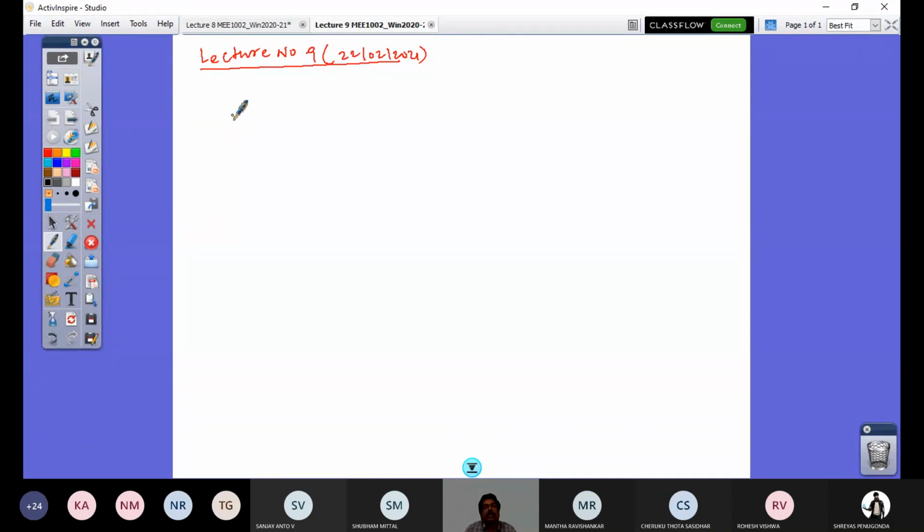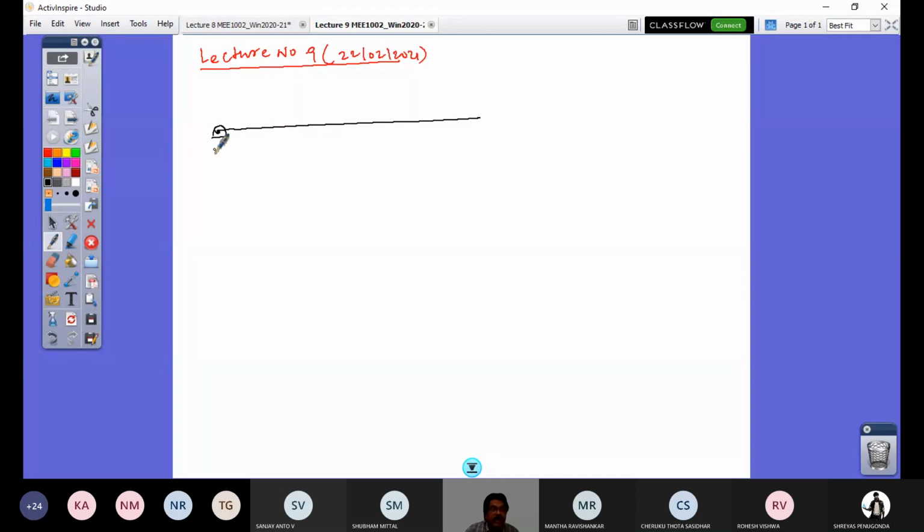In rigid body mechanics, I'm not going to explain how to draw the shear force bending moment diagram in today's lecture. Instead, I would stop at how you find the support reactions by drawing the free body diagram. That's it. So let's look at an example problem. Look at how I represent an overhang beam schematically. I just draw a horizontal line, and one end of the line is represented in this way.